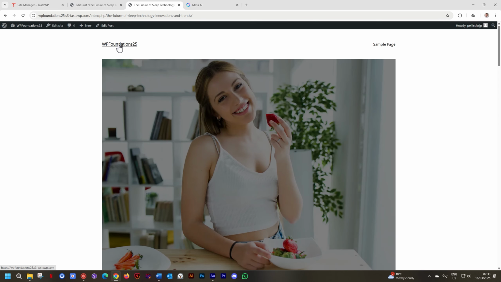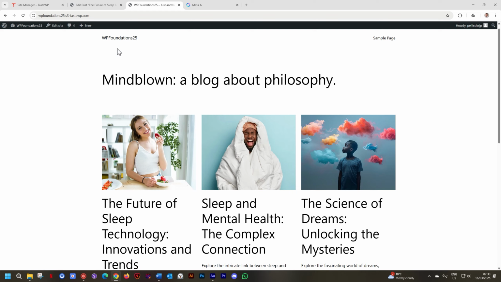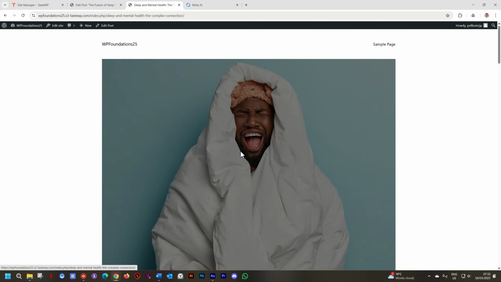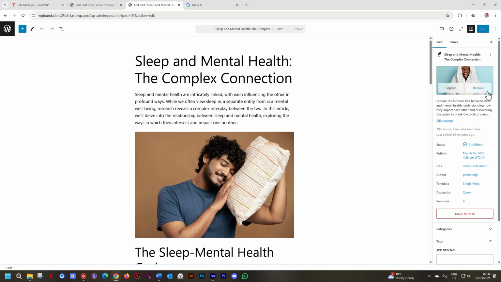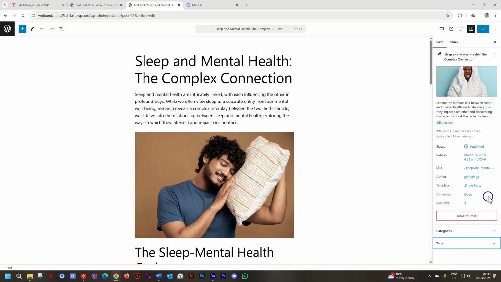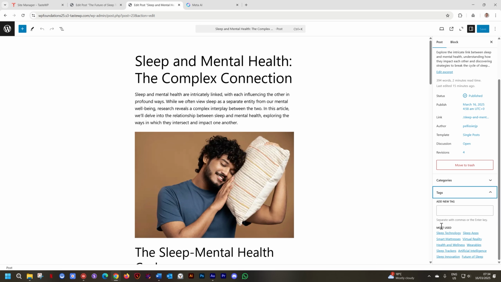Go to the front, clicking on the home logo here at the top, and let's select this article. Edit with post. Go to the sidebar on the right for settings and go to tags. Let's open it up. Oh, it's already open. And now most used tags will appear here at the bottom. Those tags that I just added to the previous article, some of them, not always all of them, will appear here. If I want some of them to be associated, I just click, and as I click, they are added.